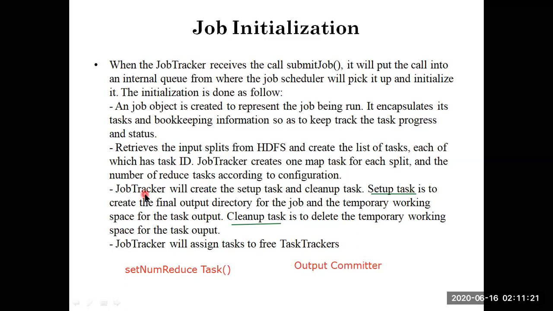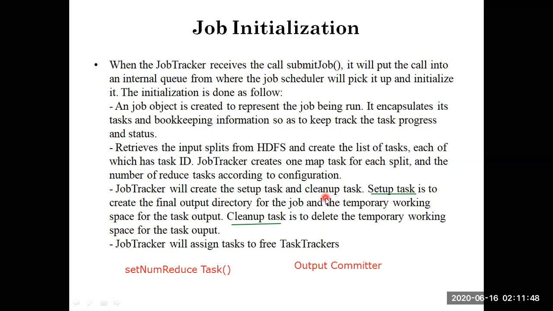The job tracker will create two things: one is the setup task and the second is the cleanup task. The setup task is where you set the output directory, that is what we call the path, and the current temporary working space for the task. The cleanup task removes or deletes the temporary working space. And the job tracker will assign the tasks to each task tracker.